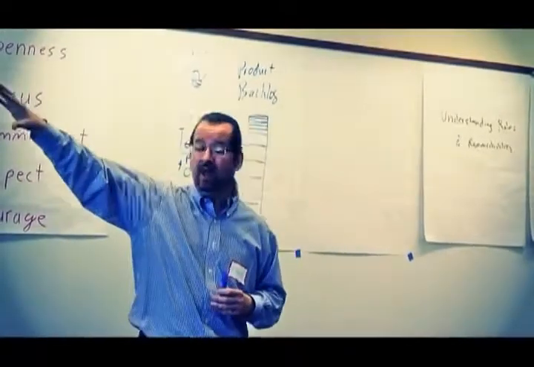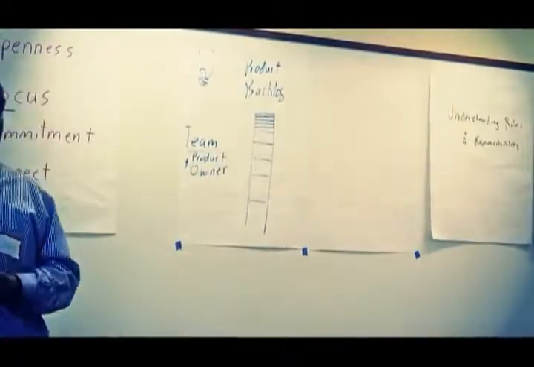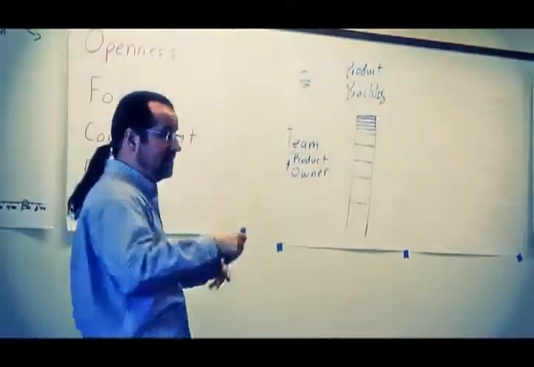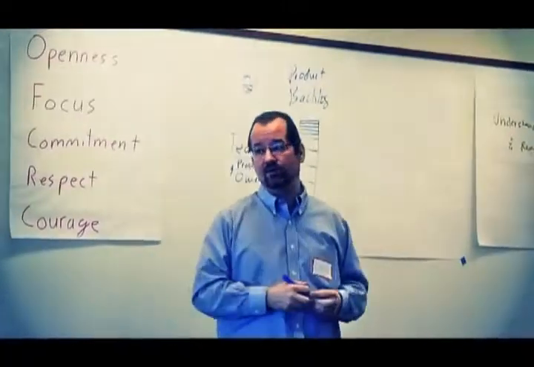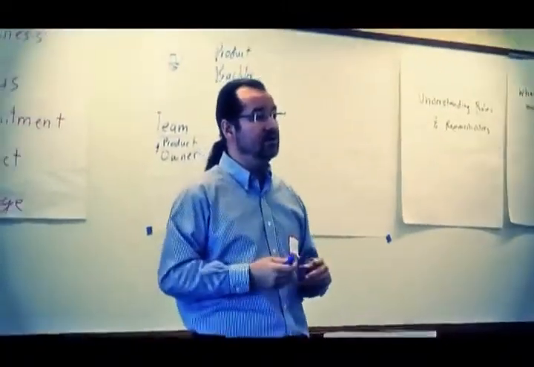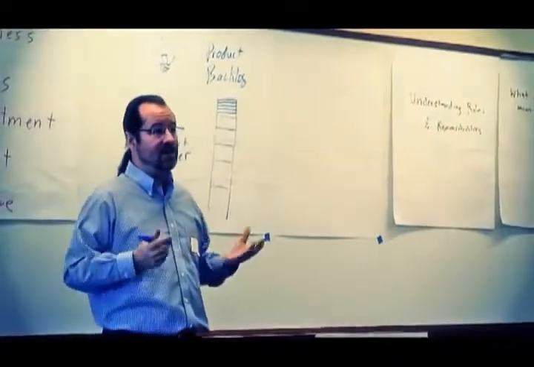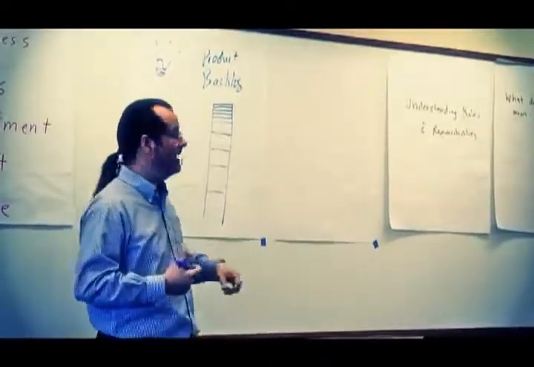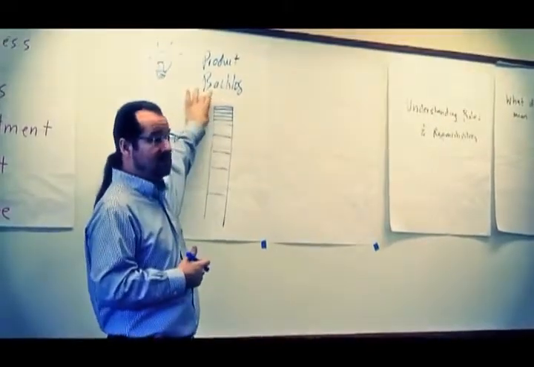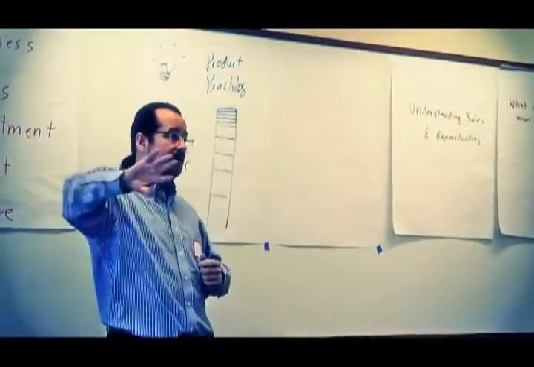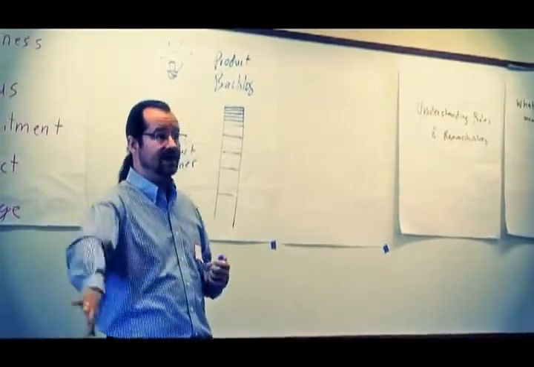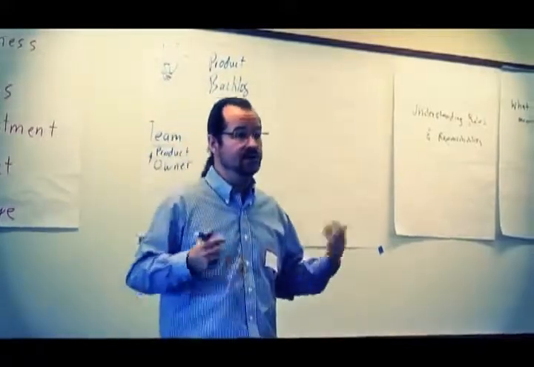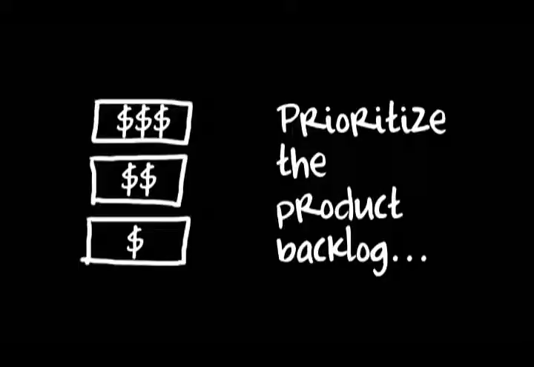Right? Just like in the class, we have more work than we could possibly hope to do. Same thing's going to be true in your product backlog. There's going to be more stuff that people want you to do than you're going to have time and energy available to do. So in a situation like that, the way you generate the most value possible is focus on the most valuable stuff, make sure that's what the team's working on, and defer or even don't do other things that would be good to do, but they're less valuable. So that's the first activity that we do, is prioritizing, managing the backlog so that the team's always working on the most valuable thing possible.